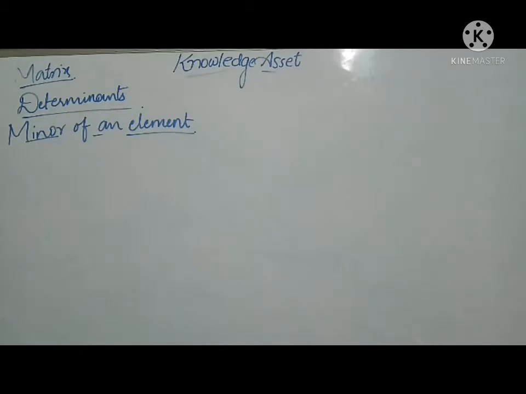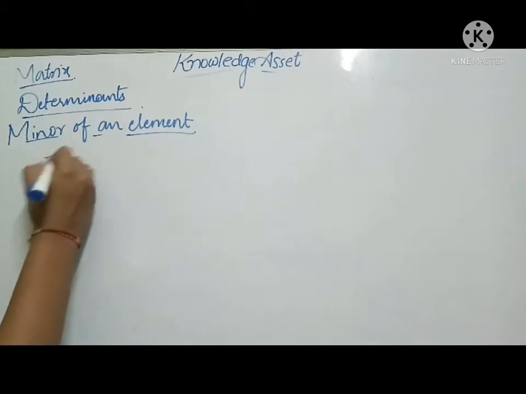In the previous video, that is determinants, the determinant is only possible for a square matrix. Other than the square matrix, it is not possible to find the determinant. We all know that from the past video. If anyone has not watched that video, go and watch it and clear your doubts. Now, what is the minor of an element?